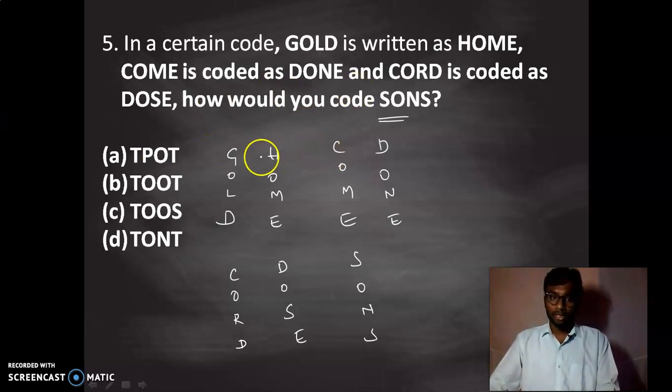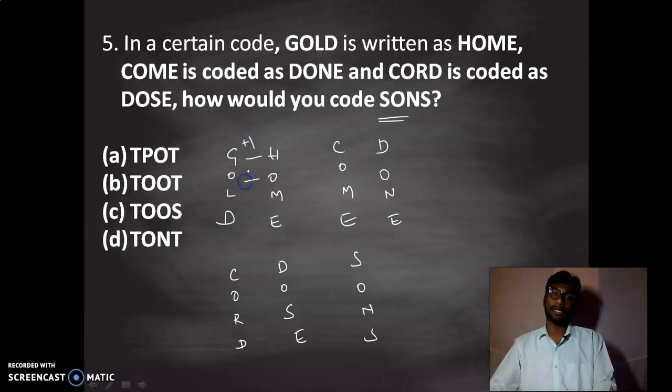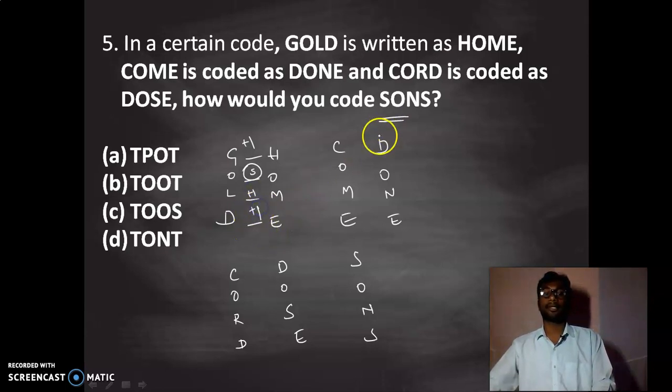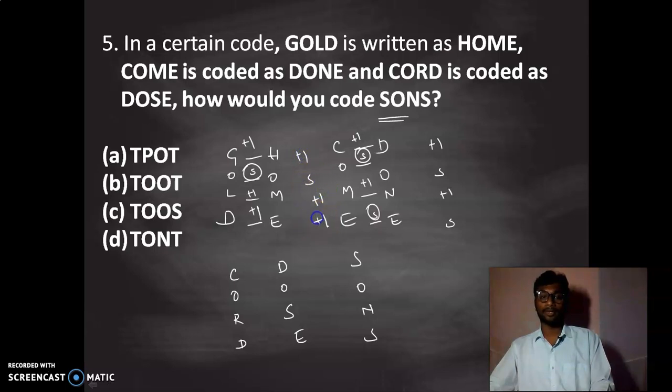So it is like GH, we have a concept called plus 1. It is plus 1, the same again and again. Here we have the concept plus 1, plus 1 again. What is the logic here? It is plus 1 for the same.